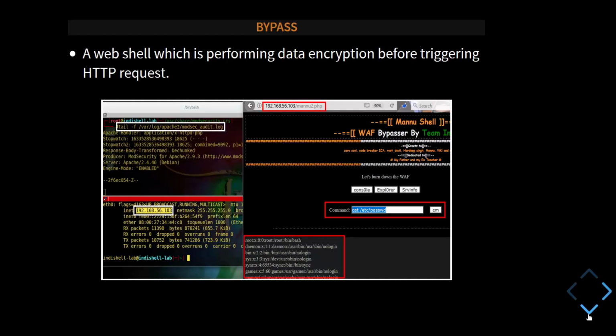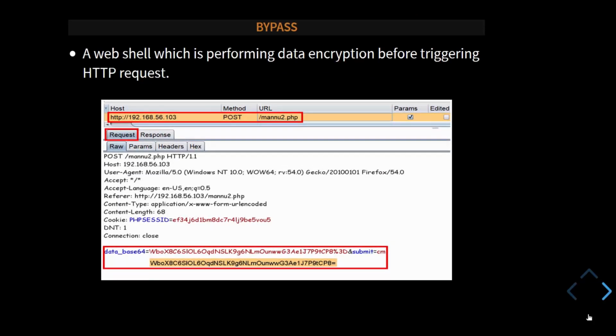During this process, the WAF is not able to figure out anything, and because of this I was able to pass this command to the web shell successfully. In the backend, when this encrypted text is handed over to the PHP web shell, the PHP web shell has a function which performs decryption, and then we get the exact command, execute it, and return the response to the web shell. So this is how it works.